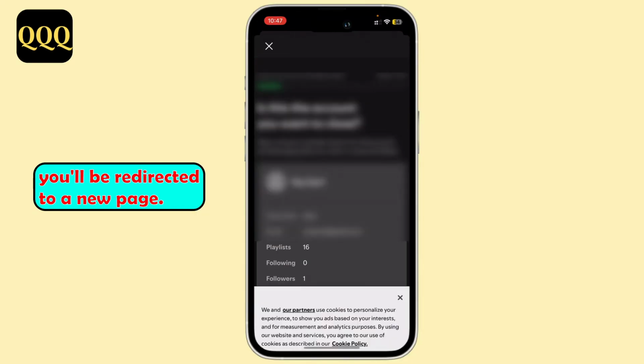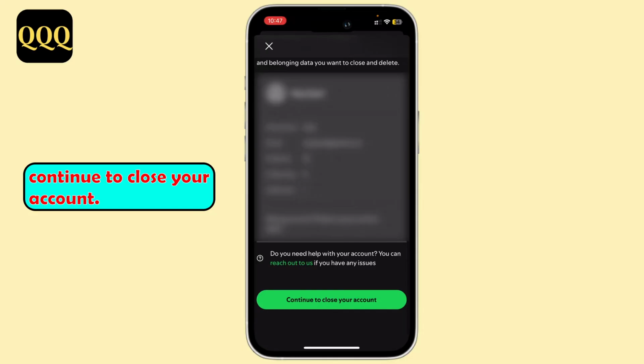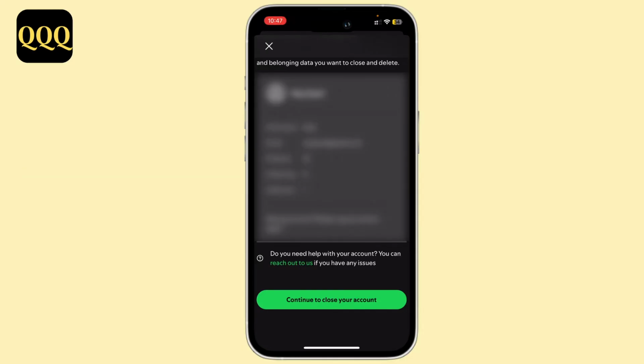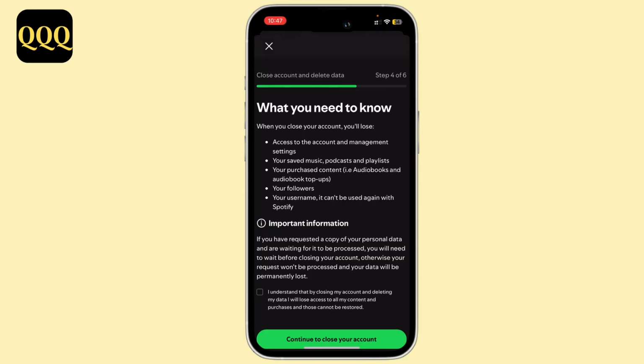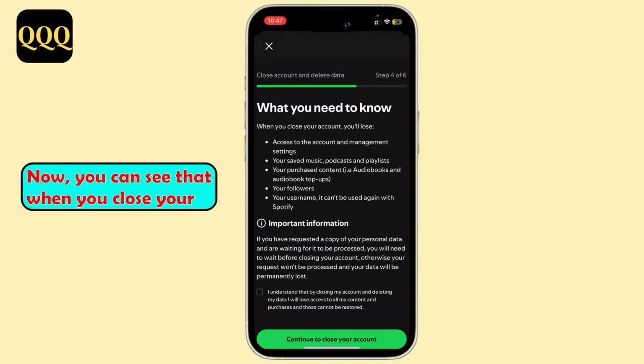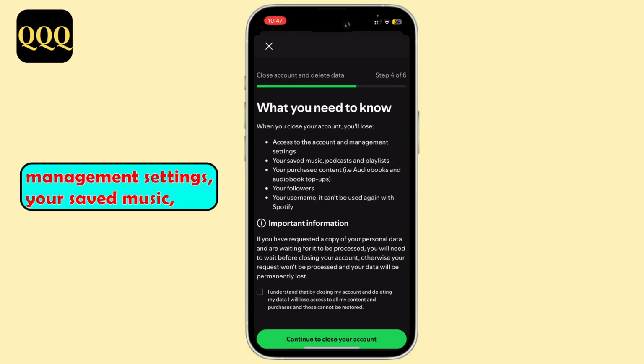and then you'll be redirected to a new page. Now you'll need to scroll down and then continue to close your account. Now, you can see that when you close your account, you lose access to the account and management settings, your